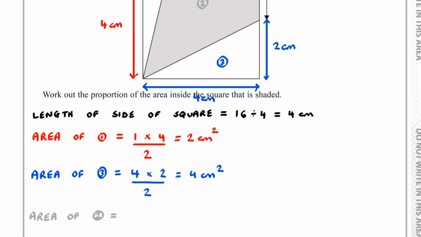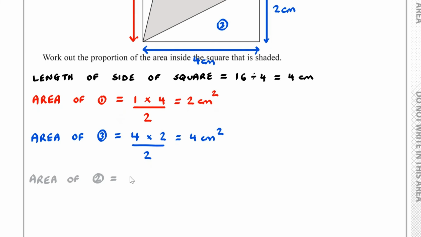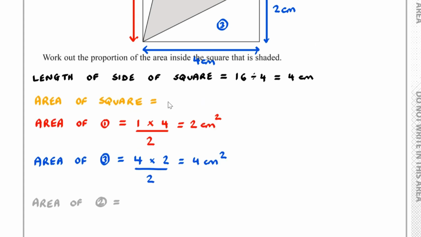So that means the area of 2, well, we've got the area of the entire square, we'll write that down. The area of the square is 4 times by 4, which is 16 centimeters squared. So the area of 2 is equal to 16, subtract the 2, subtract the 4, and it turns out here the area of 2 is equal to 10